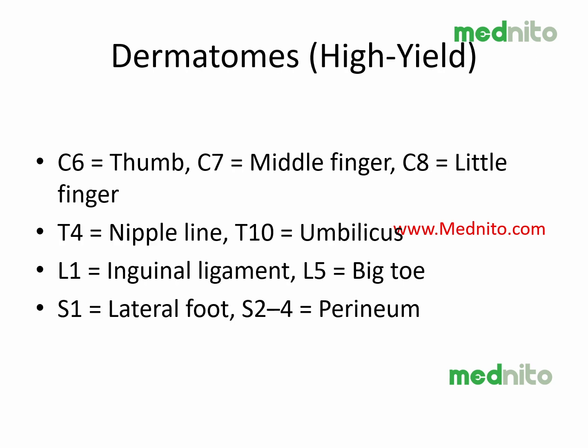Talking about the dermatomes, I want you to understand that the dermatomes usually supplying the upper limbs are C6, C7 and C8. Remember, it is the thumb that supplies C6, the middle finger indicates C7, the little finger indicates C8. Nipple is T4, umbilicus is T10. Inguinal ligament starts with I, that is 1, that is L1. The big toe usually represents L5. The lateral foot usually represents the S1 dermatome, and in the perineum, this is important, it is usually S2, S3